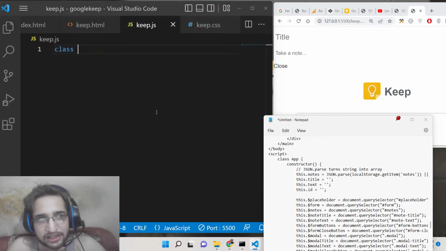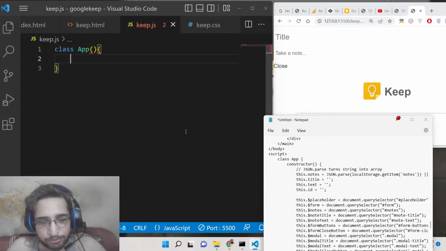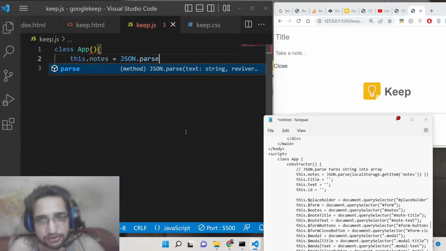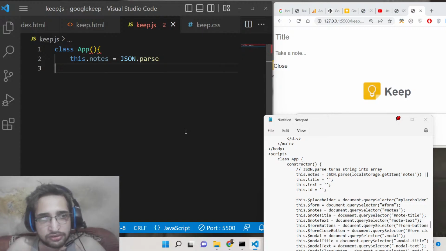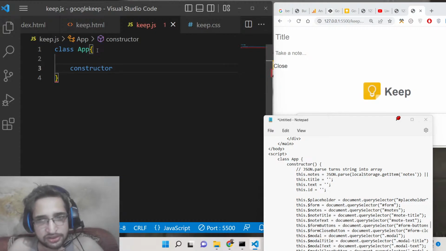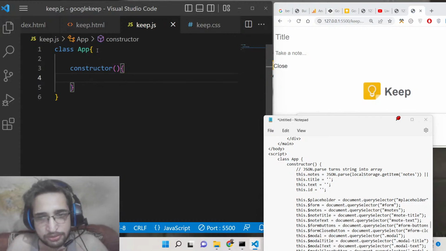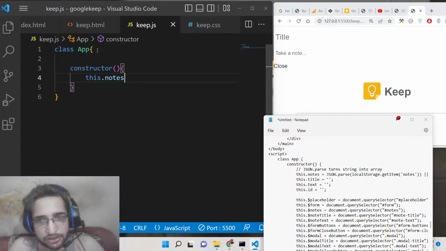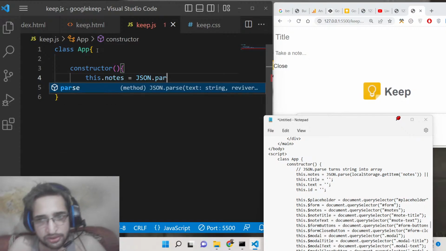So we will create a class called app. In JavaScript, you can even create classes as well. So basically here we will provide this.notes, so JSON.parse. Inside this JavaScript class, we need to have a constructor first of all, and this parenthesis is not required. Inside this constructor we will put all the values. This.notes will be coming from JSON.parse